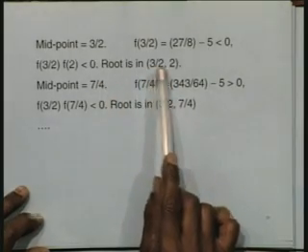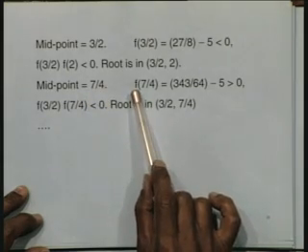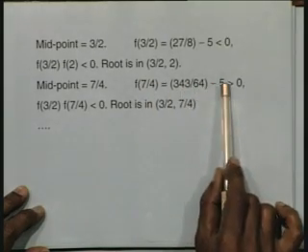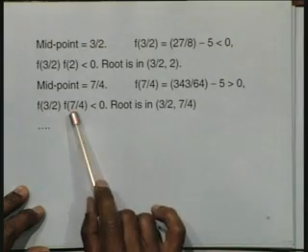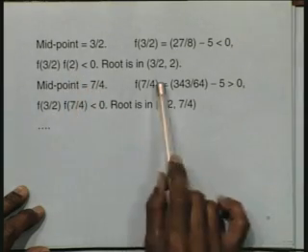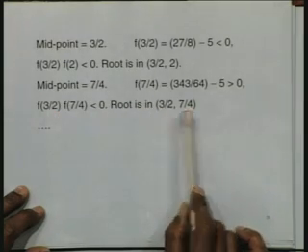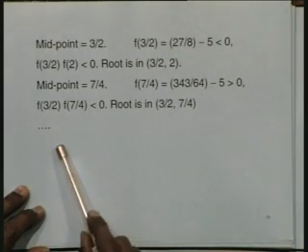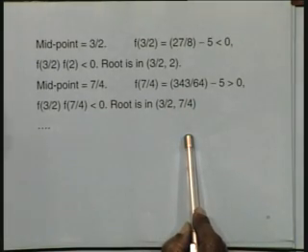Now I take the midpoint of 3 by 2 and 2, I get 7 by 4. Now again I evaluate f of 7 by 4, which is x cubed minus 5, 343 by 64 minus 5, greater than 0. The product of f of 3 by 2 and f of 7 by 4 is less than 0, therefore the root is in 3 by 2 and 7 by 4. So now I can proceed on, each time bisecting it and getting the interval. The procedure would stop when the difference between these two is less than the given epsilon. Until that time the iteration shall proceed on.